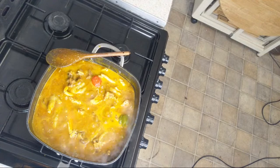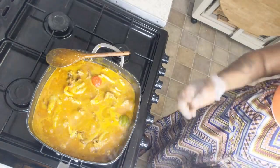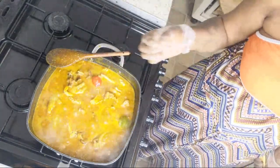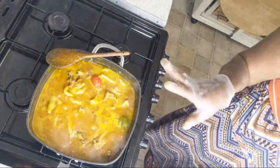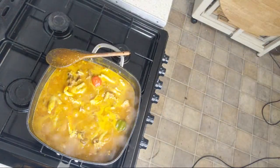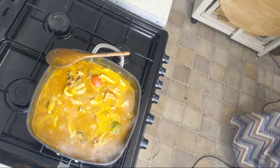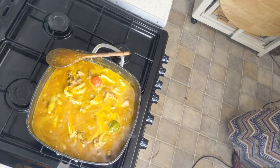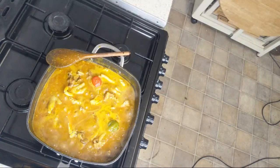Because it's sesame seed paste. It's not like groundnut paste. Groundnut paste is supposed to cook longer than sesame seed paste. Yes. If I was cooking something with peanut butter, I could have put 1 liter and a half of water in that pot. But because I'm cooking fresh crain,